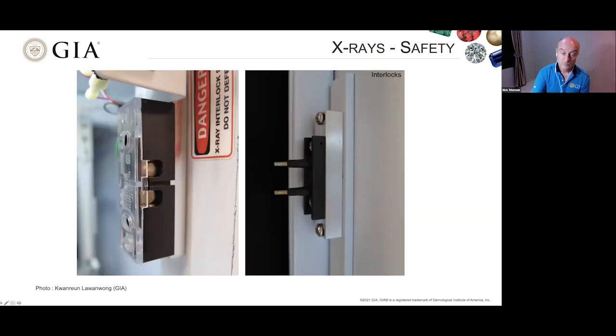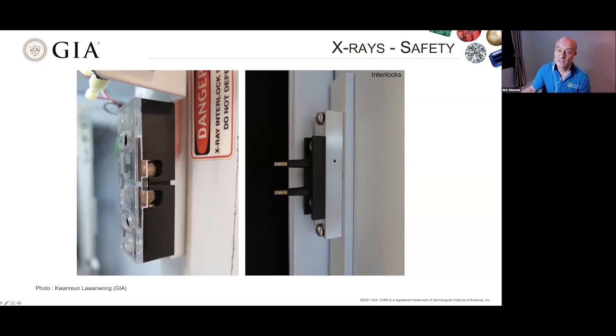Another point that we see on the X-ray machines themselves is what we call these interlocks. So every one of the machines that produces X-rays has to have an interlock on it. And as I said earlier, you didn't have anything like this really on the really early machines. So here you'll see that there are these two parts of the interlock.